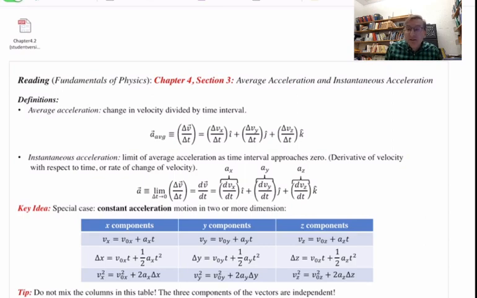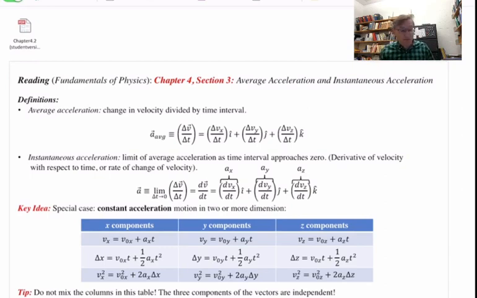Again, I will emphasize, just like I did in the previous lecture where we talked about position, displacement, and velocity, both average velocity and instantaneous velocity, that none of the definitions of kinematic quantities that we started with in Chapter 2 are going to change. Same definitions for all these things as we had in Chapter 2. The only thing that's different now in Chapter 4 is that we have 2 or 3-dimensional motion, and so we have to be very careful that all vector quantities are treated by their components. Okay, so